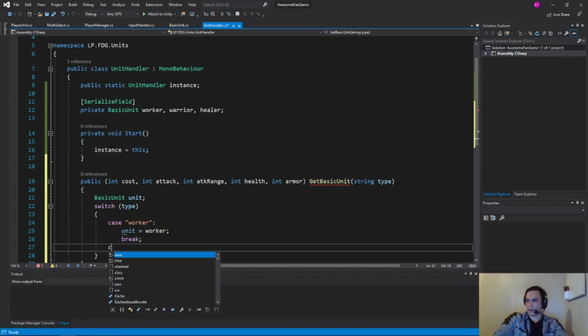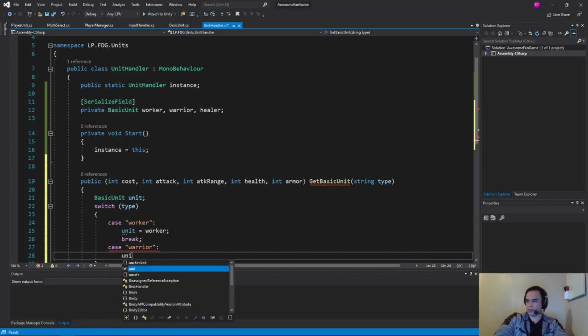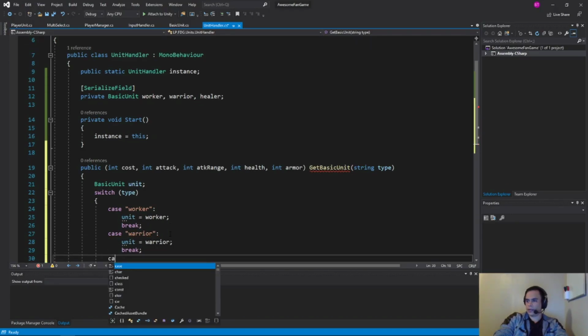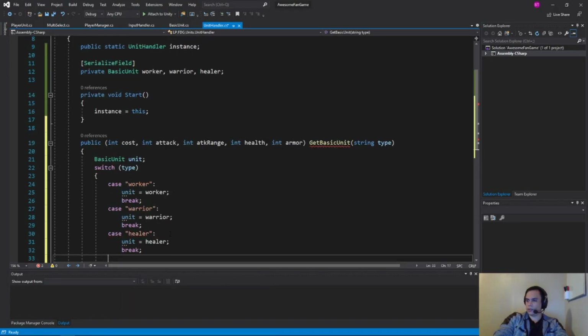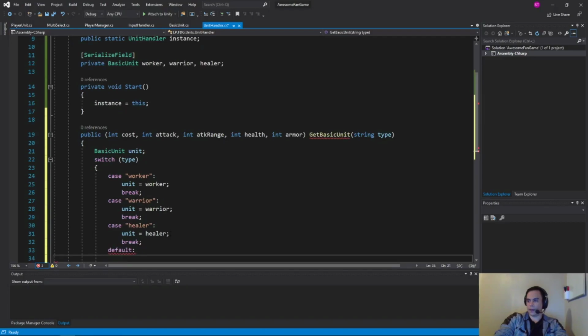Break. Now we'll say case it is warrior, okay? Unit equals warrior. Break. And case it equals healer, unit equals healer. Now we want a default just in case this is incorrect, or just in case none of these match for some reason. So we're going to say if none of these are true, then Debug.Log,